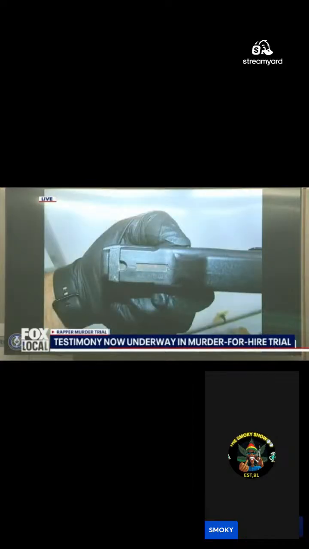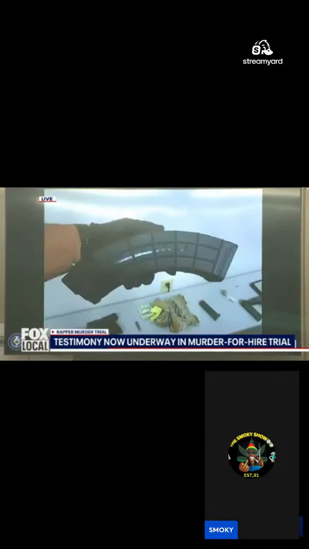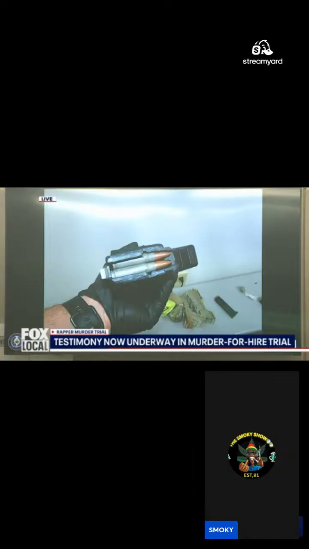State's Exhibit 650, that's a photograph of the Taurus pistol. State's Exhibit 651, that is a photograph of the serial number to the Taurus. State's Exhibit 652, what I'm holding in my hand is a high capacity AK-47 60 round magazine. And then you can see the AK-47 on the bottom lower corner, as well as the Taurus, one AK-47 round, U.S. currency, 2 high capacity magazines, a small bag of marijuana, and the front of another pistol.